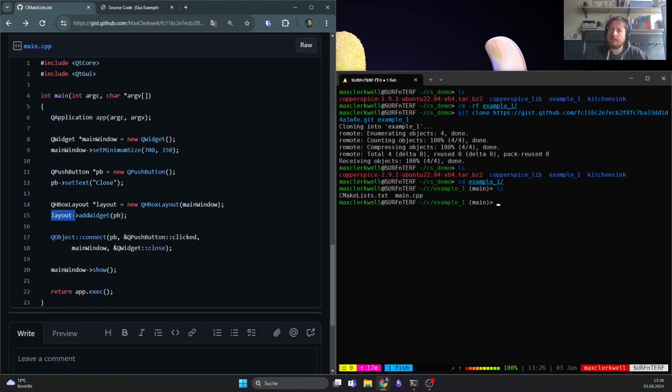And now we want to add to this layout our push button widget. There are several different layouts we will also investigate over the next videos, but for now we just take the horizontal box layout. It's one of the basic layouts. So what do we have now? We created our event system, we created a main window, we created a push button, we created a layout. We added our push button to the layout, and now we want to use this